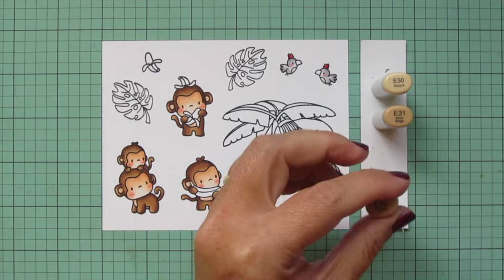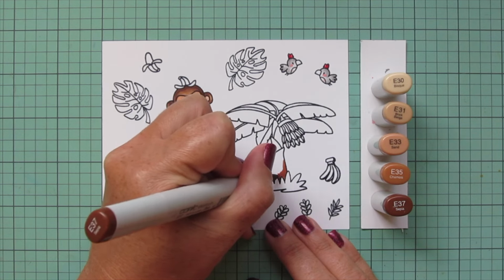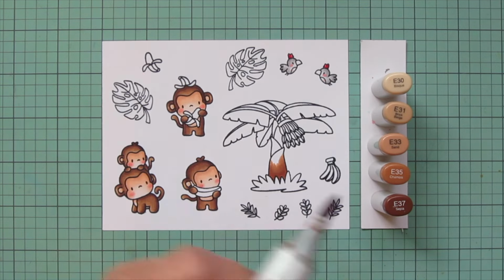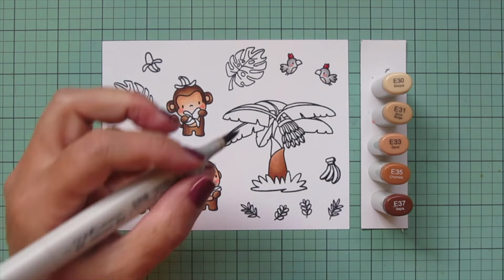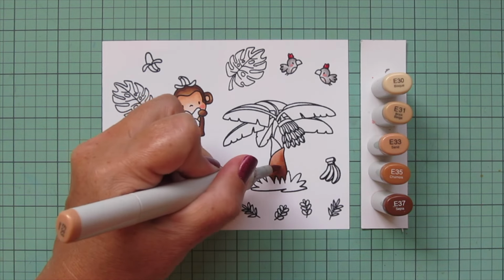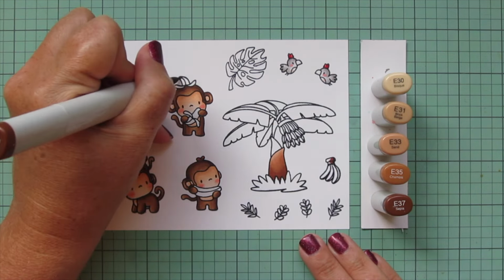Then I'm going to switch brown tones to the E30s because I want to do my banana tree, and I wanted it to match the monkeys, but I didn't want it to be the same tones as them because I want it to stand out and look separate. So I pulled out E30, E31, E33, E35, and E37, and I am going to do almost like an ombre effect. So on the bottom layer of the tree, I started with E37, blended out with E35, and then E33,